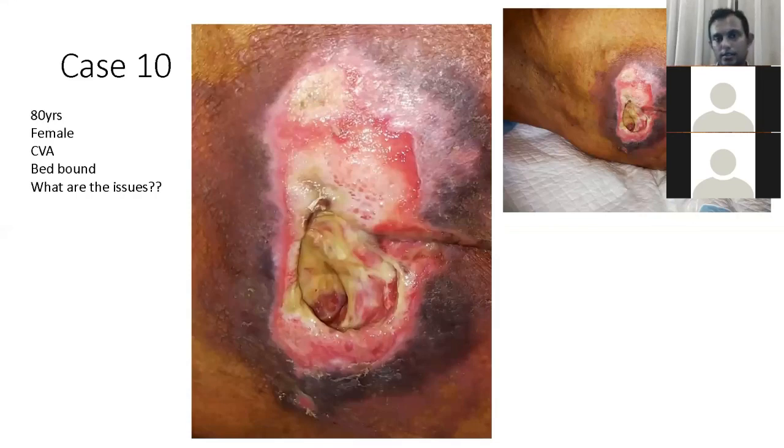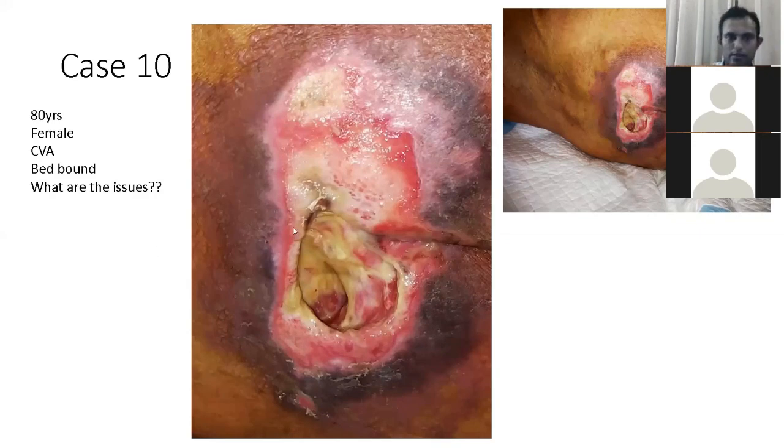And the fact that she has a huge CVA, she might not be able to. Now, I haven't given the whole history. She can't swallow, so she can hardly swallow. So she's on a sort of liquid meal. She wants to swallow. She likes food, but she can't eat. So nutritional problems are definitely there.